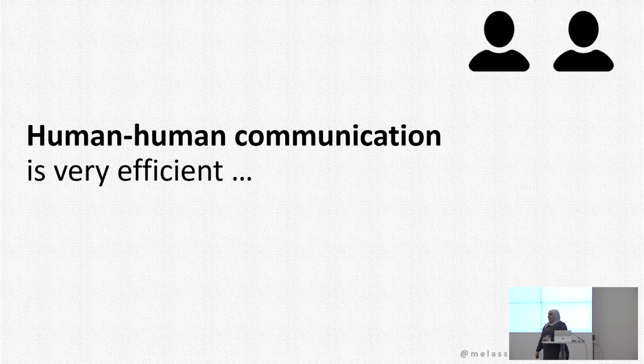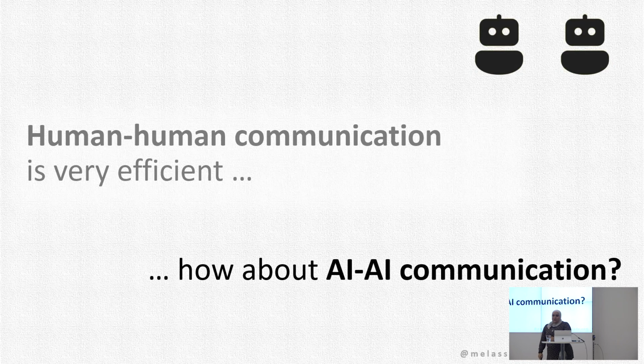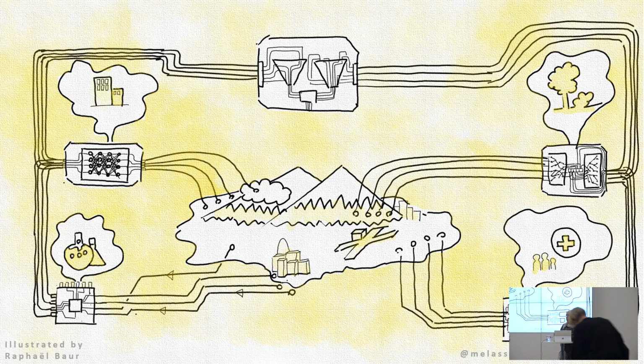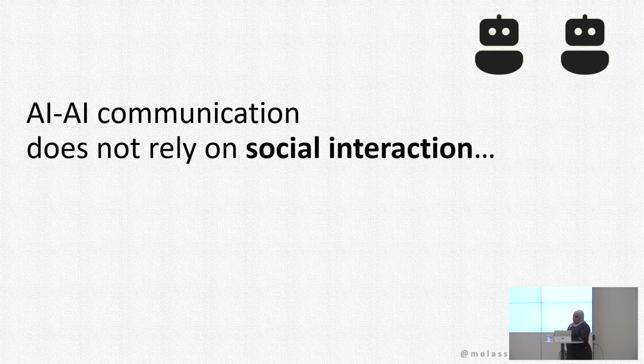Now, we've heard that AI has become very good at replacing humans in a lot of tasks. So what happens if we want to replicate the same experiment, but instead of human experts, we actually want AIs to take on this role? What will happen is that we will have a completely different system. It will rely on all of these AI models having very clear interfaces and doing a lot of very efficient communication, exchanging data and information. But clearly, AI communication does not rely on social interaction. It's not the necessary glue that brings together all of these AI systems.